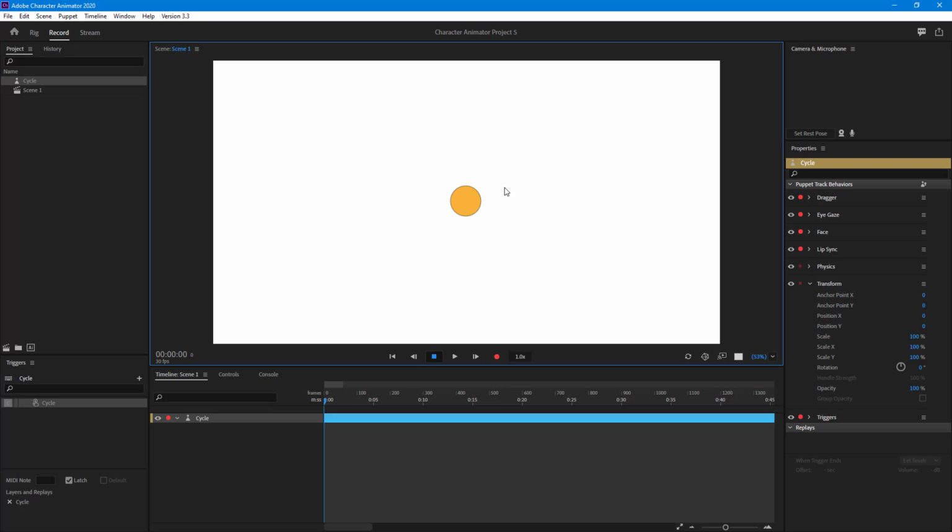So this is how you can do a frame by frame animation by using the cycle layer behavior inside of Adobe Character Animator. So hope you guys learned